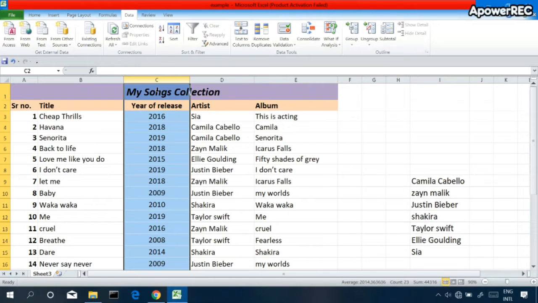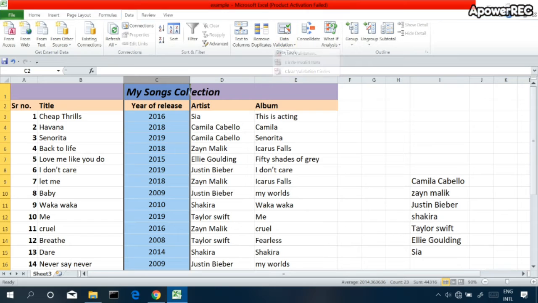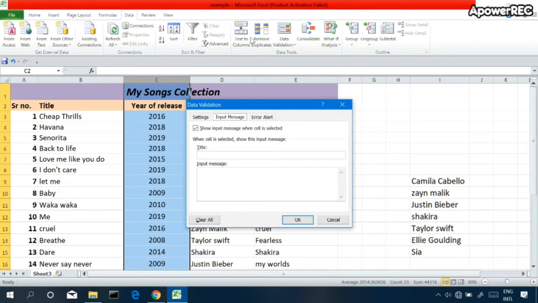Again I selected column C and went to Data Validation. You can see some more interesting options are available here. There is a tab called Input Message. What does it mean? It means when you select a particular cell, before entering the data, it will show you an input message describing what kind of data should be entered. Let's see how it works.